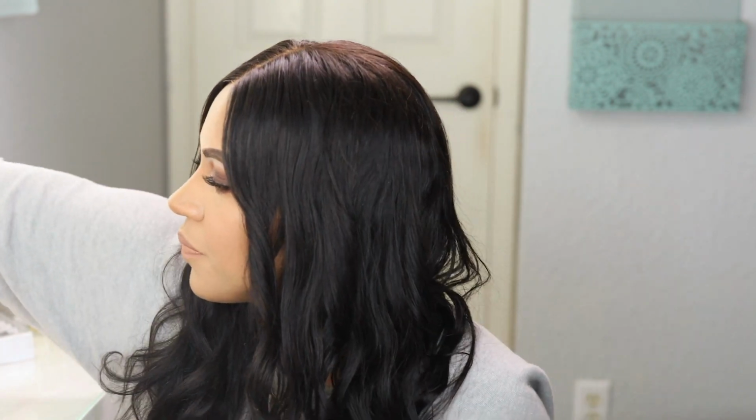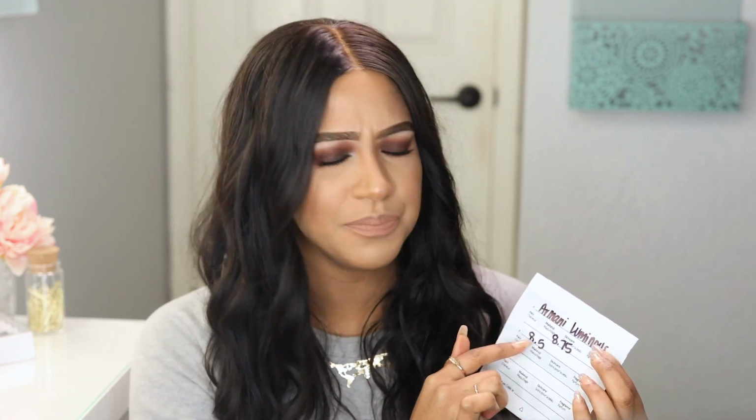Another foundation that I am going to be incorporating that I love is the Giorgio Armani Luminous Silk. I totally got a sample. This is literally a sample from Sephora. I used all the samples already, but I love this foundation. Now, it is so beautiful. I tried two colors, and I will tell you this shade range is a little weird. You would think that the 8.75 is darker than the 8.5, but actually, guys,